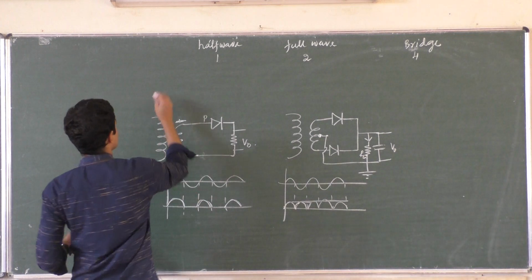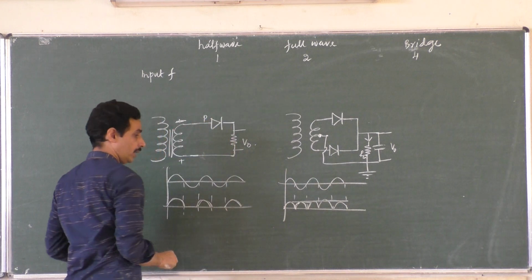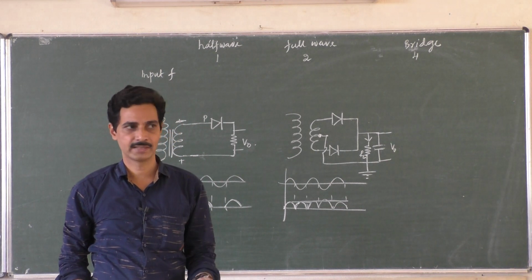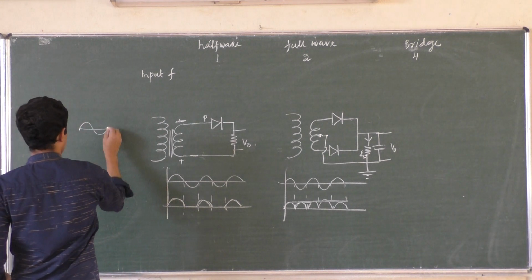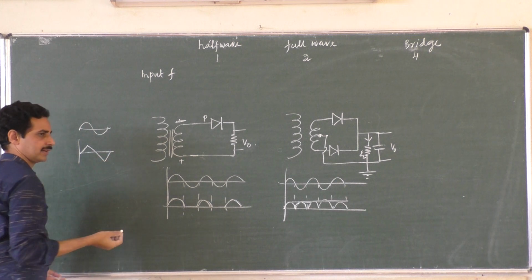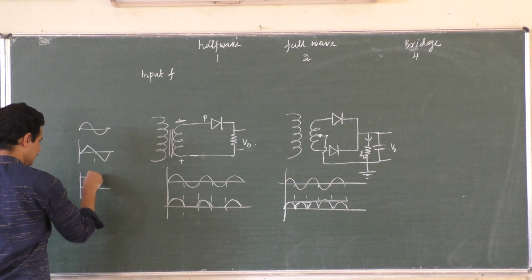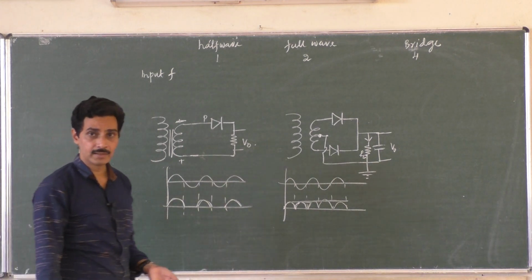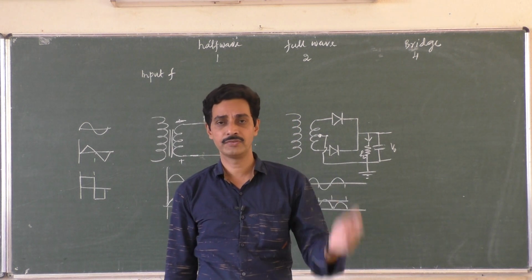Then what about output frequency? If the input frequency is F. Half wave rectifier, what do you mean by frequency? The number of cycles repeated in a second. What do you mean by cycles? The fashion it varies. For example, for a sine wave, this is the fashion. For a triangular wave, it is the voltage increasing, decreasing and coming back. This is another fashion. For a pulse, it is like this, increasing, remaining constant for some time, suddenly decreasing to negative value, coming back. This is a pulse, and it should complete all types of variations in a particular time. Then the reciprocal of the time is called frequency.